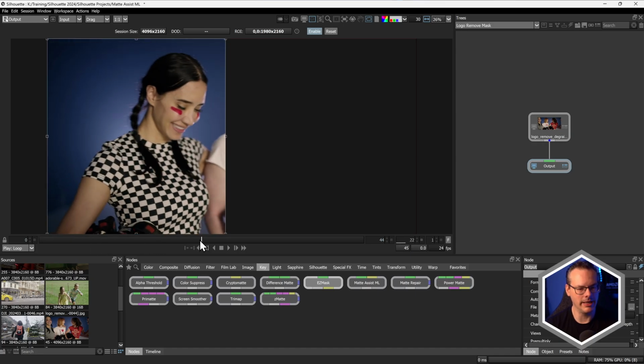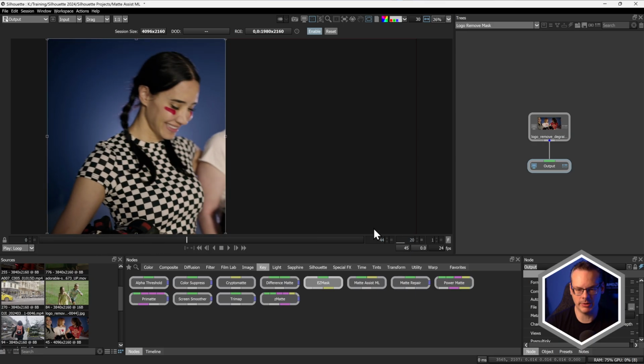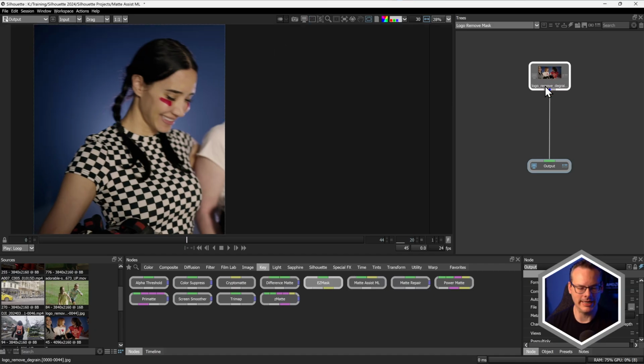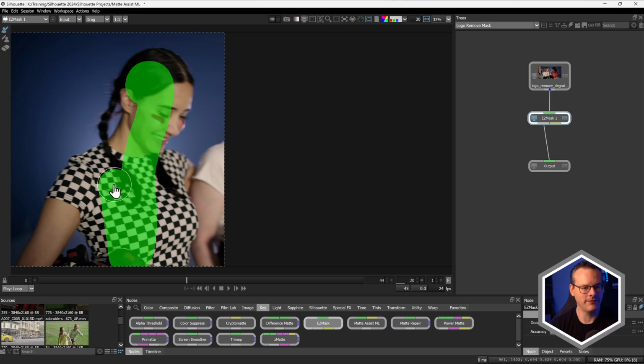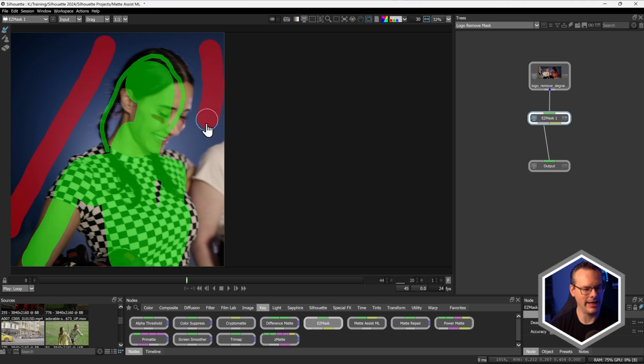And I'll come in around about here, which is frame 20. And let's create an Easy Mask on this. And before I do any painting, I'm just going to set the viewer to input so that I can define my foreground and background a little bit more before it starts processing out an alpha channel.